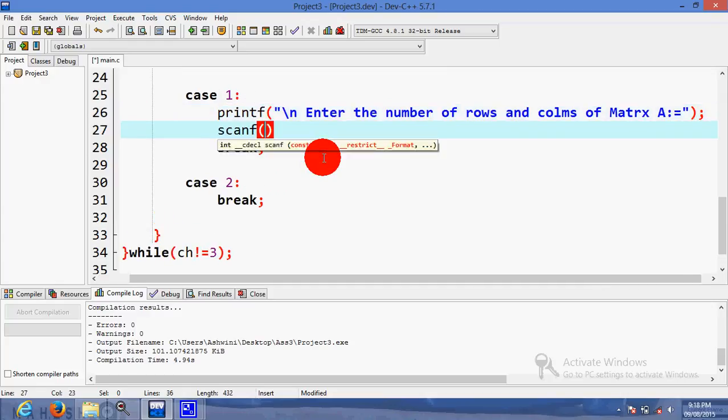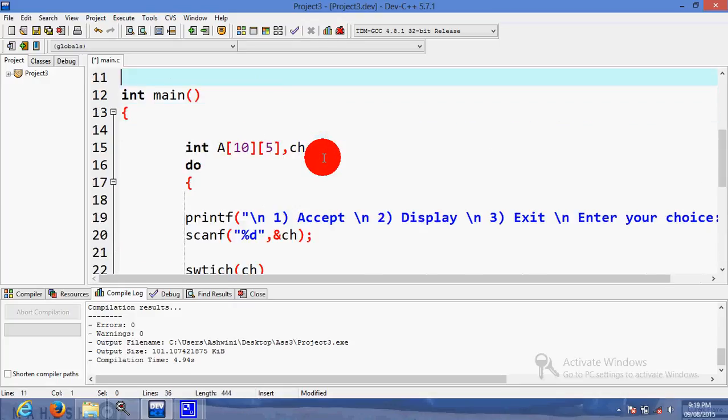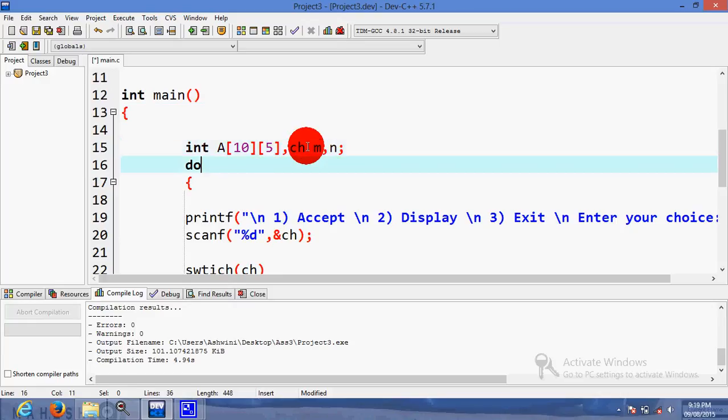Scanf. Suppose the first %d is for number of rows, the second %d is for number of columns. So first %d will be replaced with number of rows, suppose m, and second %d with number of columns, suppose n. So dimension of matrix is m by n. So m and n will be integers. So declare m and n.